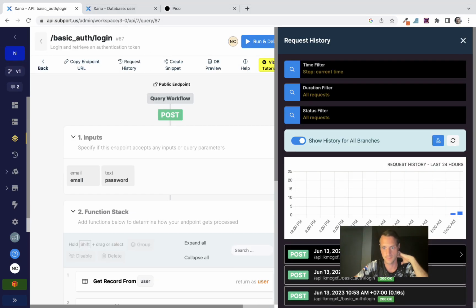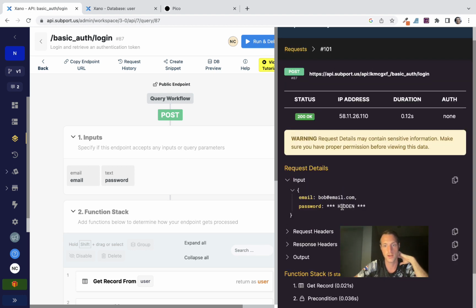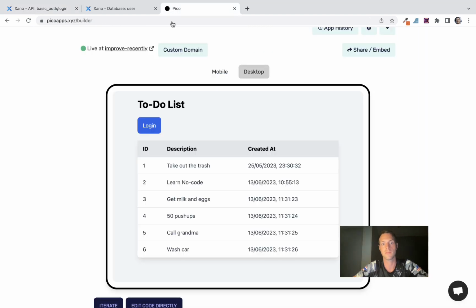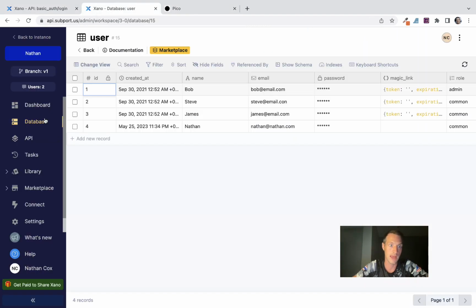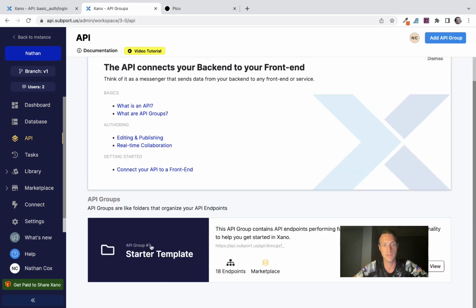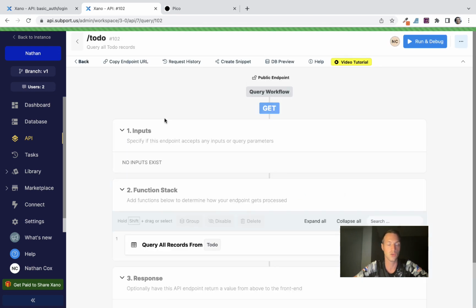Okay, so it's this request here, we can see that it came through. Okay, we got Pico apps successfully sent that request, and Zano outputted our auth token. So the next stage would be to do something now that the user is logged in. And of course, what we really want to do is make sure our to-do list only displays the data for the logged in user. So we're going to go to our API and go to our get all endpoint for